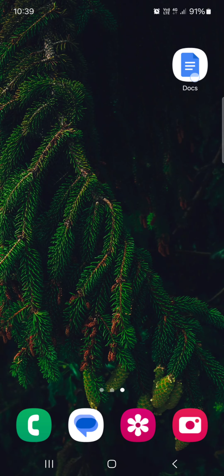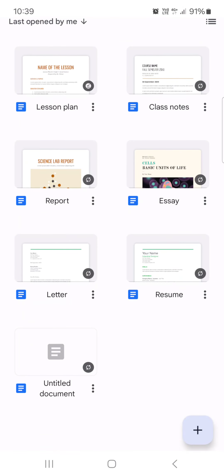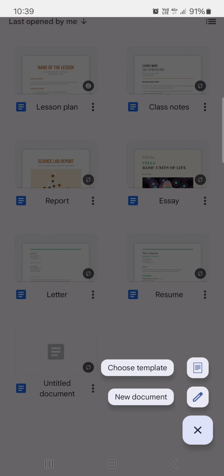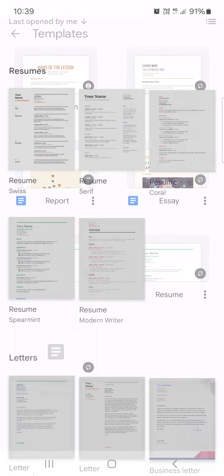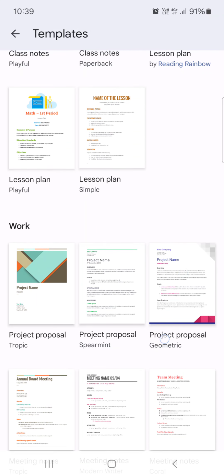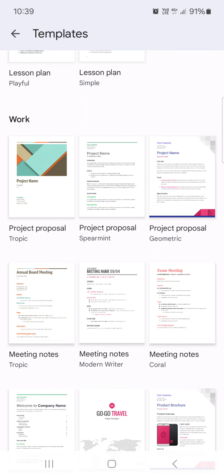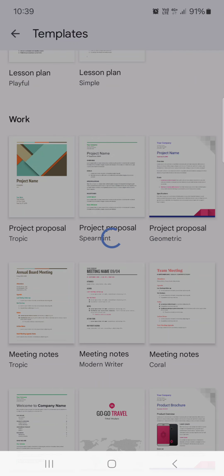First we have to open up the Docs app, and here it opens up in the Drive Files menu. From here we just tap on the plus icon in the bottom right corner, then tap on Choose Template. Then if you scroll down, under Work, we find Project Proposal. Here we have a few templates. We can select one that we like,